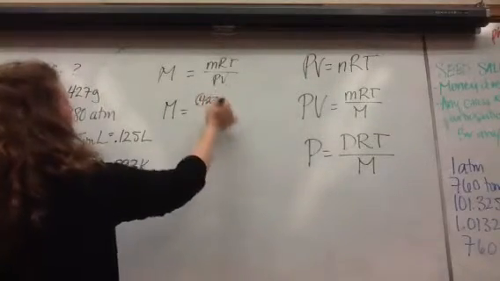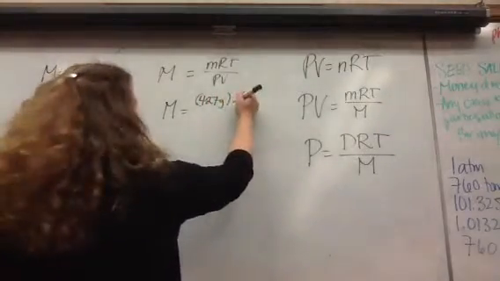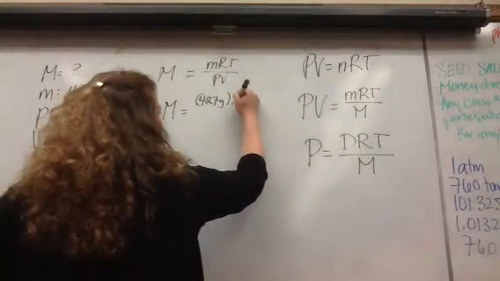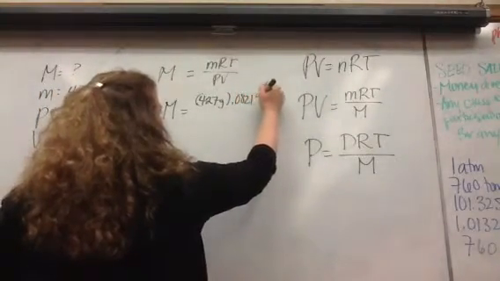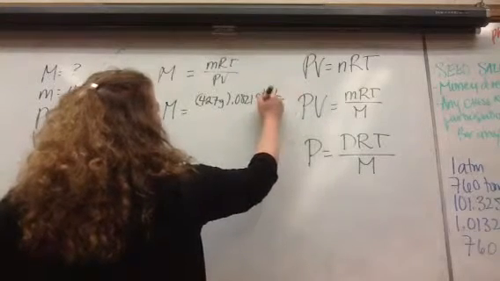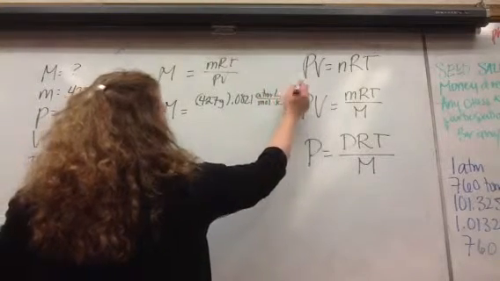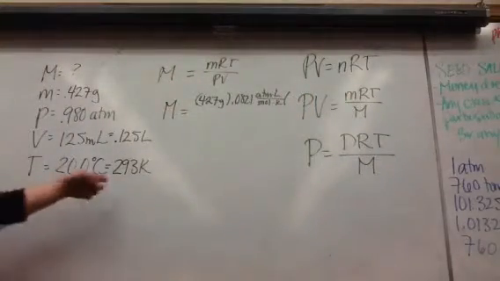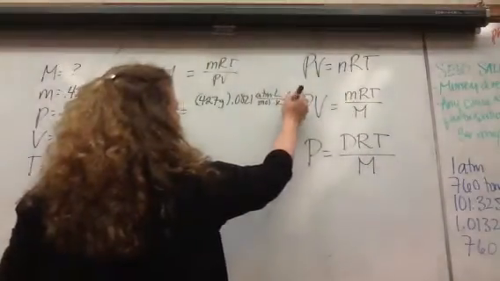0.427 grams. No, because G's tend to look like 9s. And what are we in? ATMs? So 0.0821. That's what I can't remember. ATM liter over mole Kelvin. And we're multiplying by 293 Kelvin